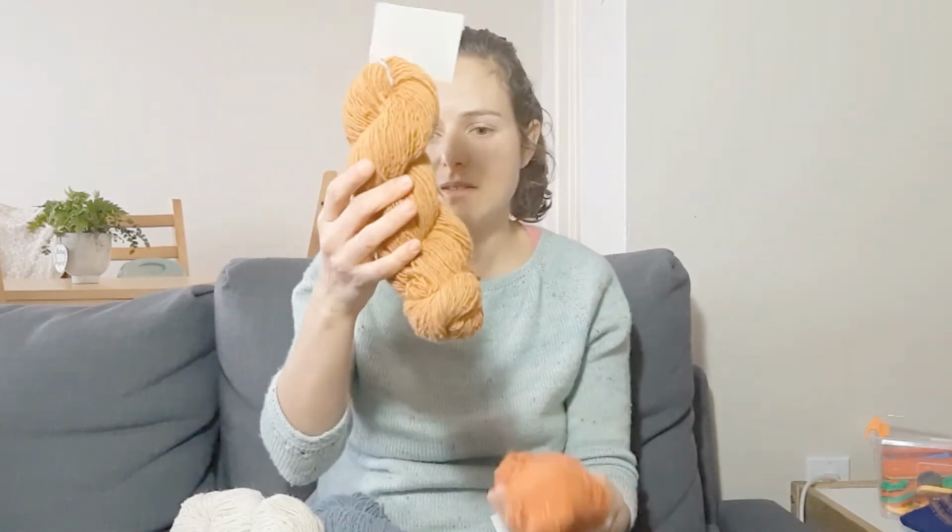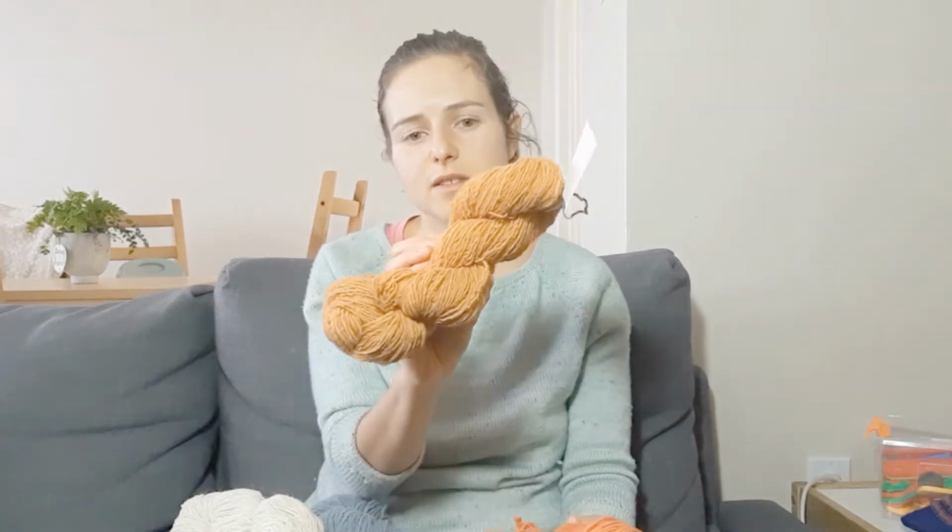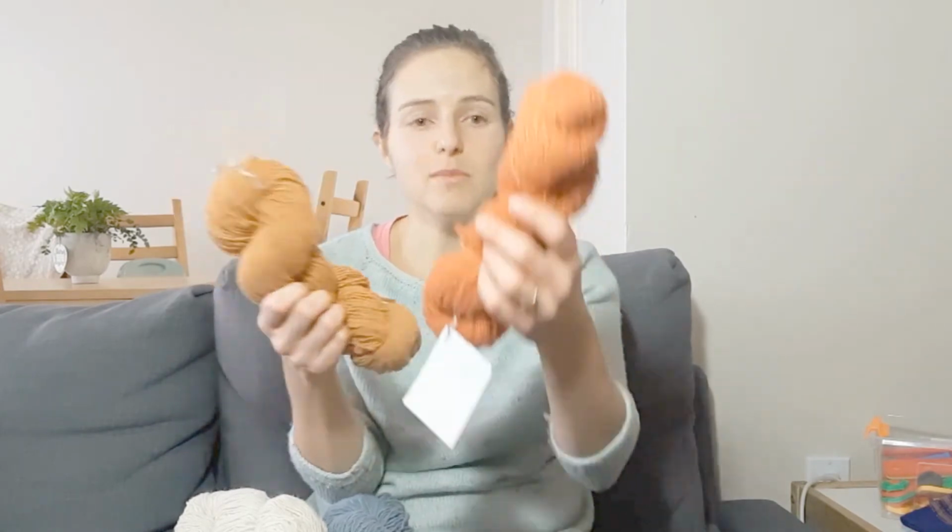They did turn darker, but I don't know. I thought the onion would be more like gold, but it's more just like onion skin color. It's very orangey. Although this is more orange, so this didn't turn red at all, and I think it's my own fault, because